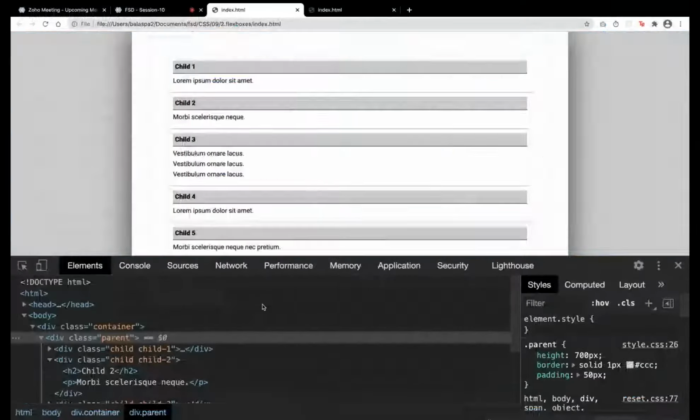So while seeing a website also, how do you need to check? We need to ask questions. How to make this in columns? So we need to go for a flexbox. This is not like a question and answer. We are going to apply it, so the question should come from our own side. While seeing a website, you need to check how we can make it in a column. There is spacing in between these things, so what should I apply? The question should come from our side, the developer side, and then only we can give answers.